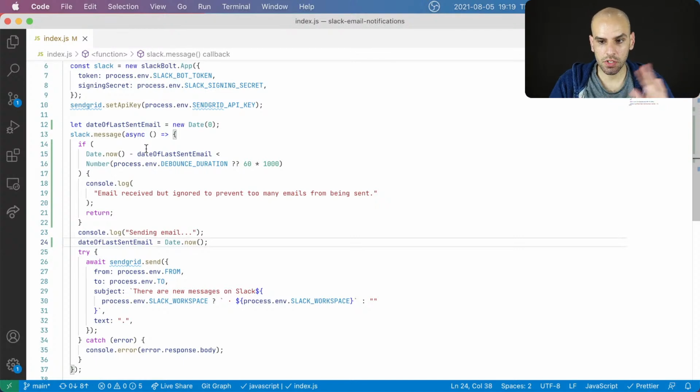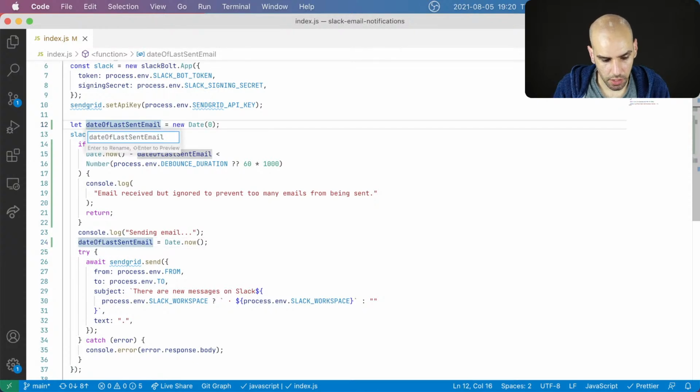If there is a conversation going and it's back and forth and messages are being sent every minute or every 30 seconds or whatever, then I only notify you once. So instead of a date of last sent email, I'll have a date of last sent message.